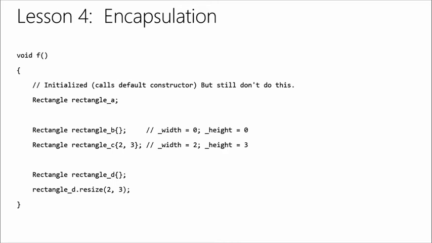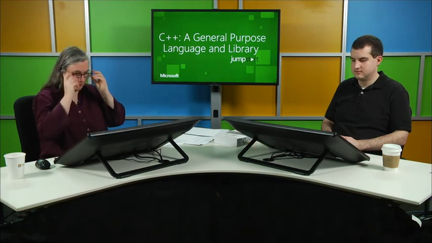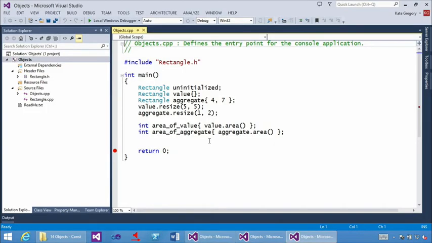We're giving you very simple classes today. They don't really have any business logic, but you're going to write real classes that do and that need to be kept consistent and kept sensible. And encapsulation is really the key to letting that happen. I've got some sample code to show you here, which is essentially the code that you saw from the slide. And if I run this application,